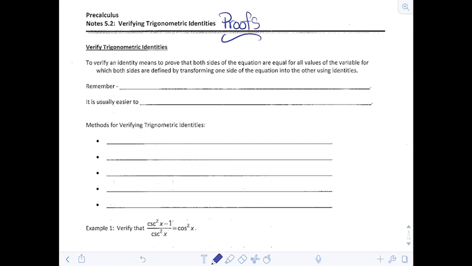So here we go. Verifying trig identities. To verify means that you want to prove both sides of the equation are equal. That's essentially it. And that has to be true for all values of the variable for which both sides are defined. And here's how we're going to do it. We're going to transform one side of the equation into the other side using identities. And remember, as with other types of proofs,